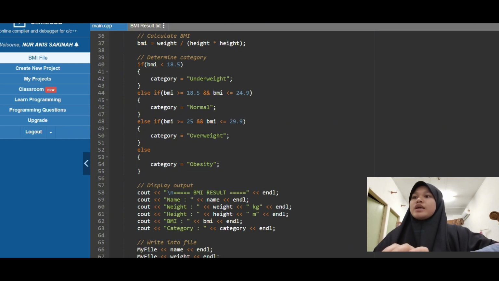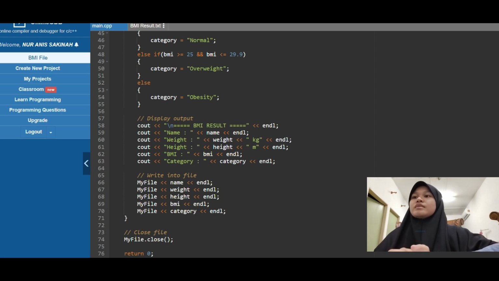If (BMI is less than 18.5) { category = underweight; } else if (BMI is between 18.5 until 24.9) { category = normal; } else if (BMI is between 25 until 29.9) { category = overweight; } else { category = obesity; }